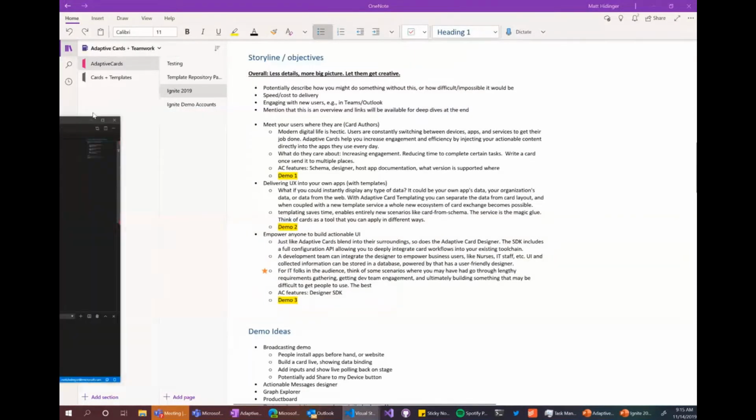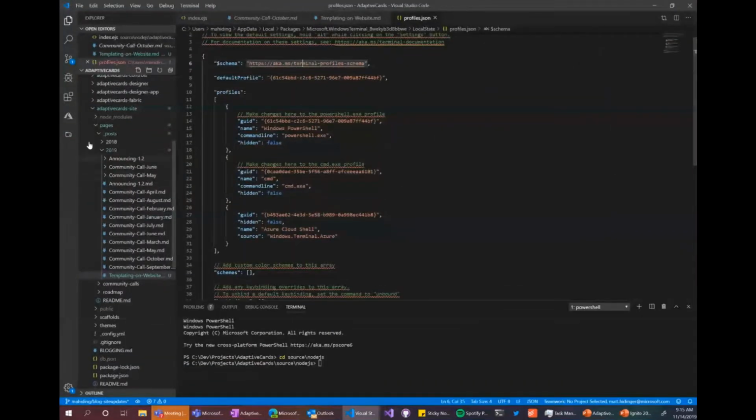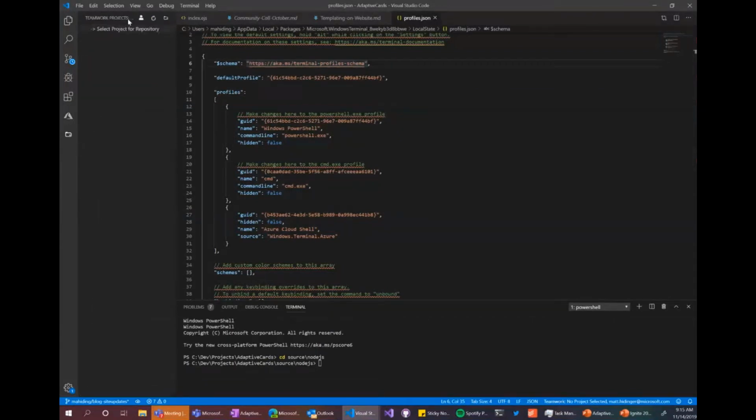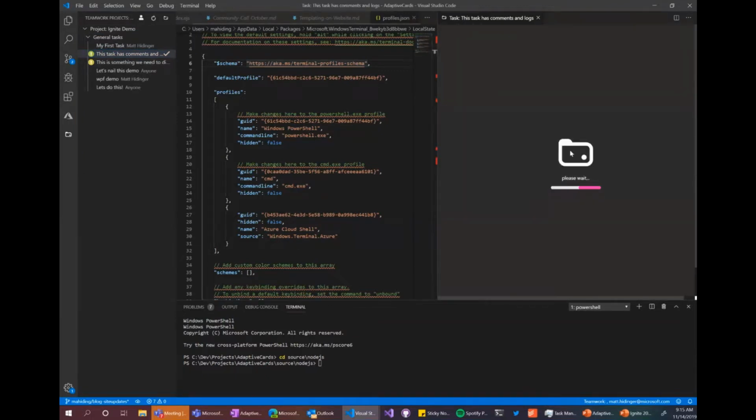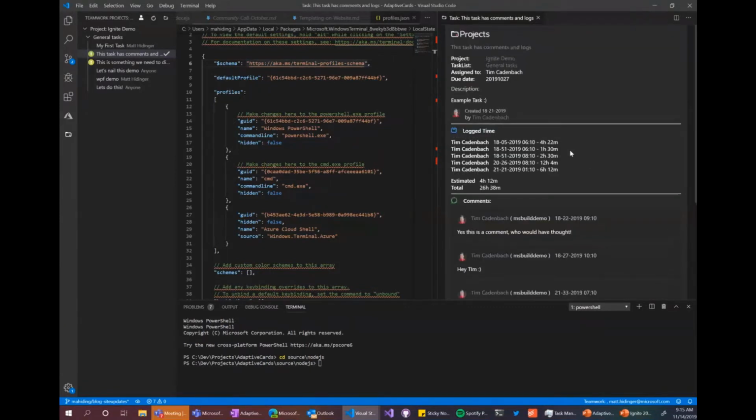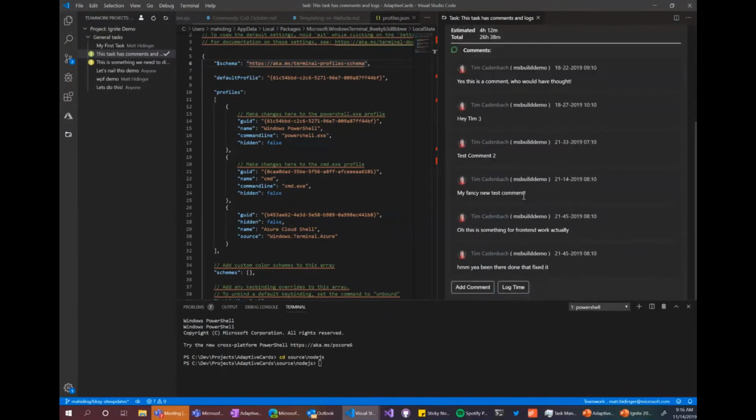I'll bring that over real quick just to show something that Tim had showed. So Tim and team work on an extension for VS Code and VS Pro that we showed. And so you're seeing that here. When I pop this open, it slides over and it loads up remotely. This is the neat thing about adaptive cards being expressed in JSON, is that this template gets downloaded into the client here, into VS Code. So this whole thing is an adaptive card.